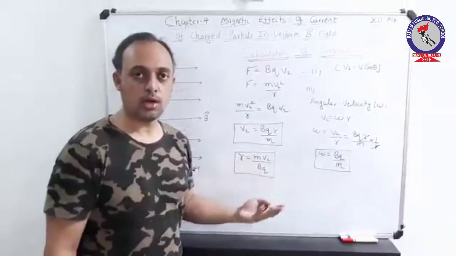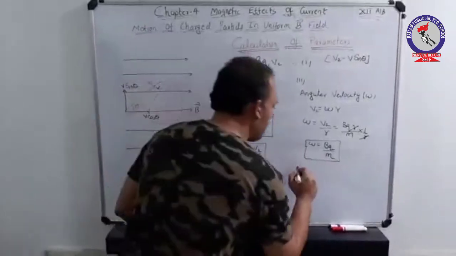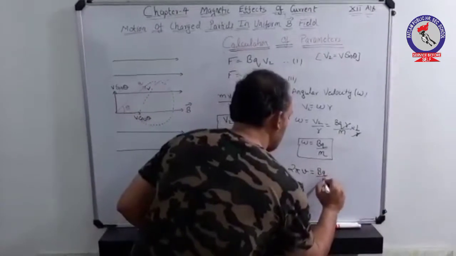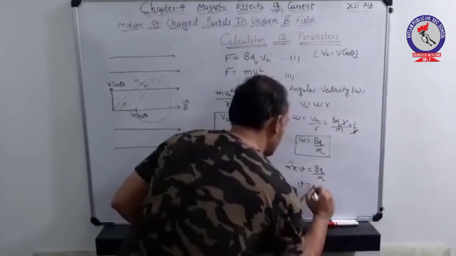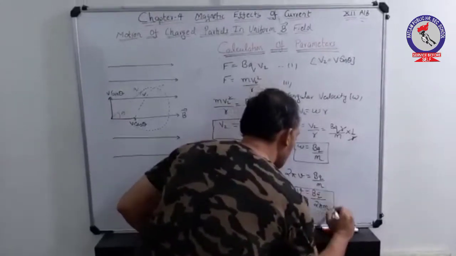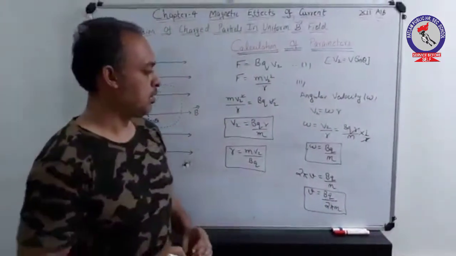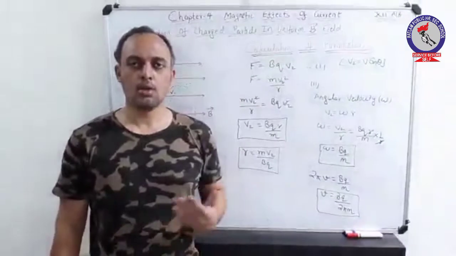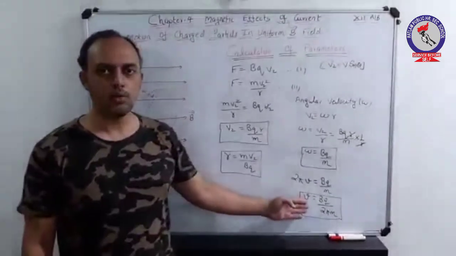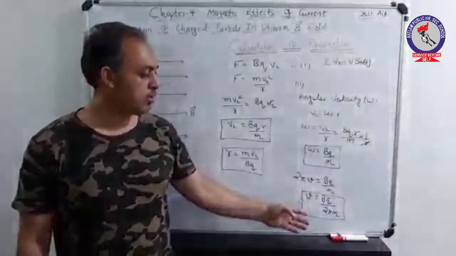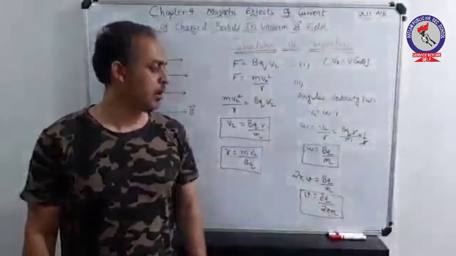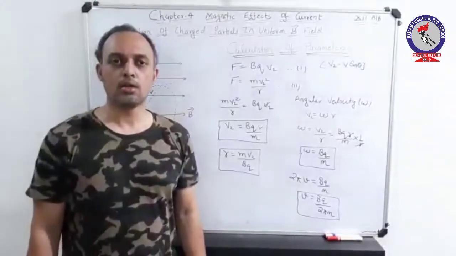Now you can also calculate the frequency, writing omega as 2 pi nu equals BQ by m. We have frequency equals BQ upon 2 pi m, that is the frequency of revolutions. Similarly, if you need to calculate the time period of revolution, you can just calculate the inverse of frequency. You have calculated frequency as BQ upon 2 pi m. If you invert this relation, that is 2 pi m upon BQ, you can easily calculate the value of the time